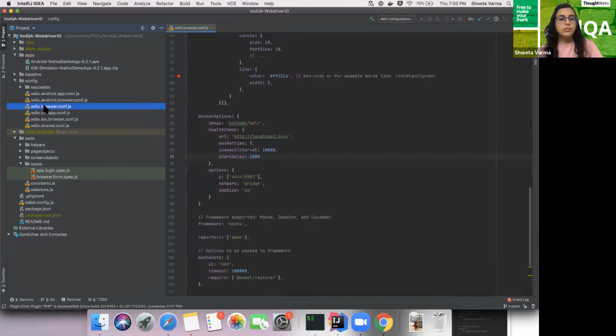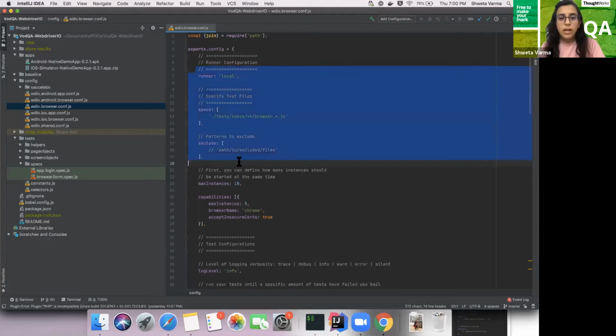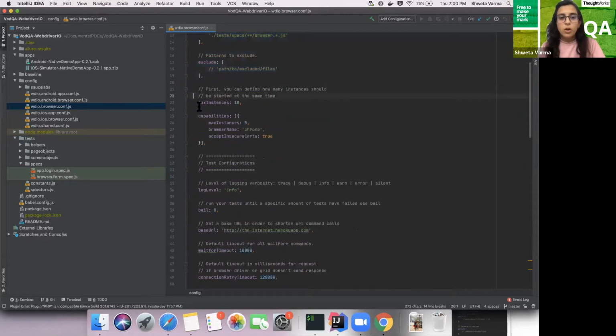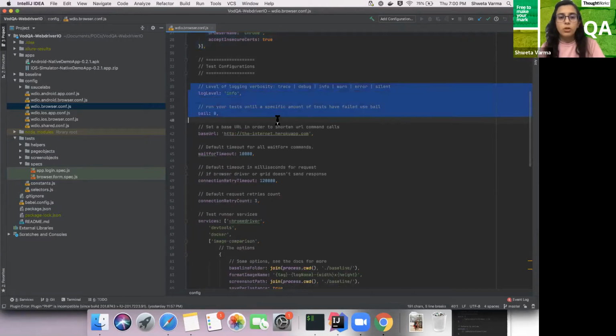So let's first see one of the config files. This is a normal browser config file, which I can run locally. All these things we have seen already. Okay, log level is info, good. This is all I have set. This we all know.